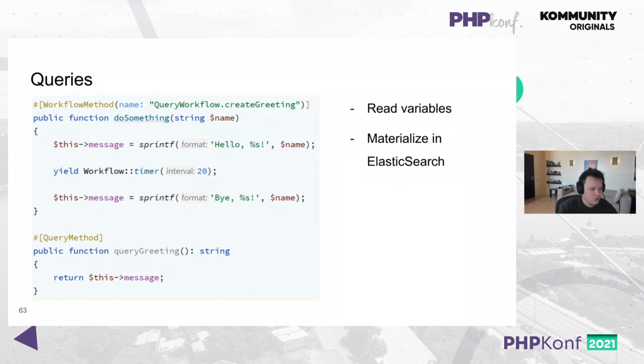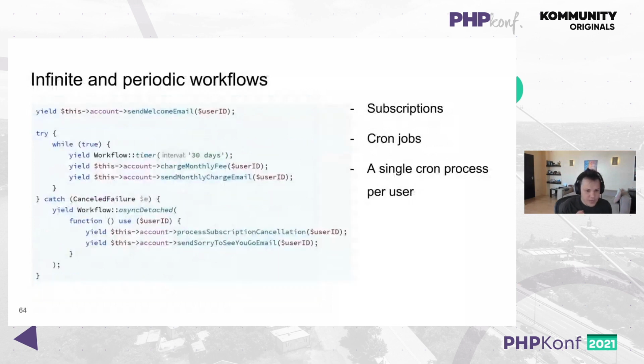So while you go with workflow, you can actually update some values for easier fetching from some simple source. You also can create infinite and periodic workflows or cron jobs here. Again, in this case, we have a while true, and this is the workflow which creates a subscription model. Specifically, it sends a welcome email, then waits for 30 days, charges a fee, sends another email, and then again waits for 30 days. If the user says, I want to cancel the subscription, then we're going to run the process of canceling